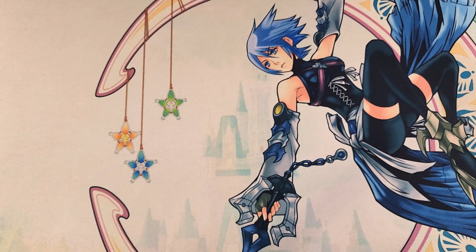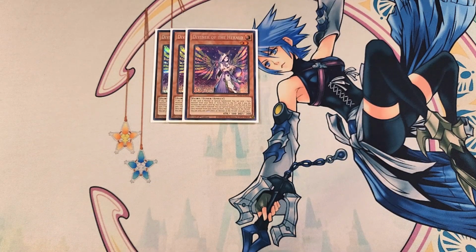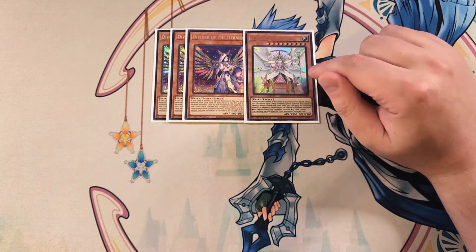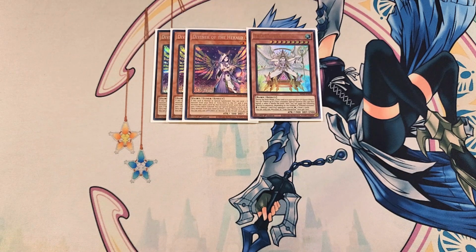So for the other monsters we're playing in the deck, we're going to be playing 3 copies of Diviner of the Heralds. This card is awesome in the deck because if this card is normal or special summoned, you can send a fairy monster from your deck or extra deck to the graveyard, and if you do, increase this card's level by that monster's level until the end of this turn. That's a really good effect to use with our level 9 target, which is going to be a really awesome play with this card because you actually send this card to the graveyard kind of like you do in Generator,